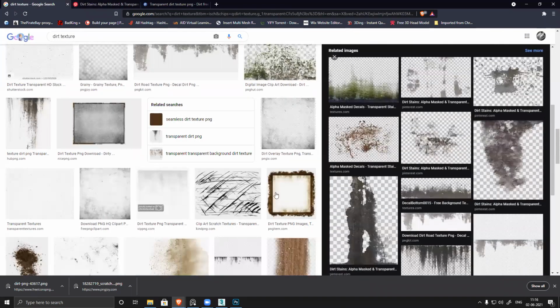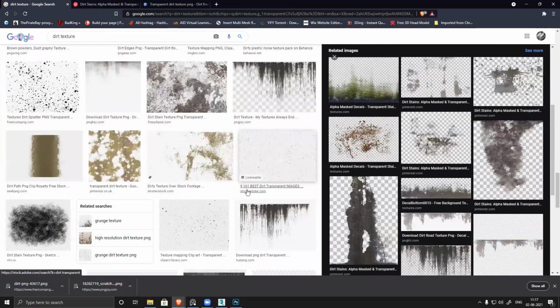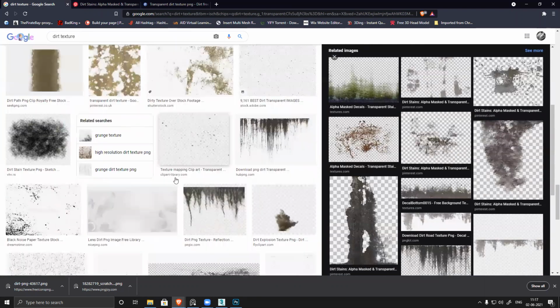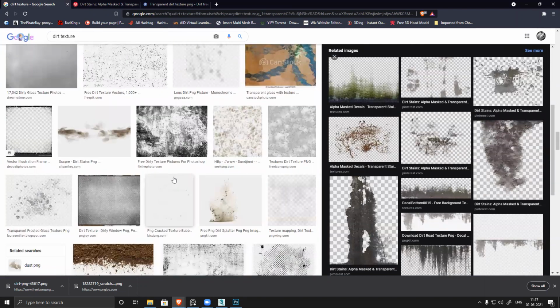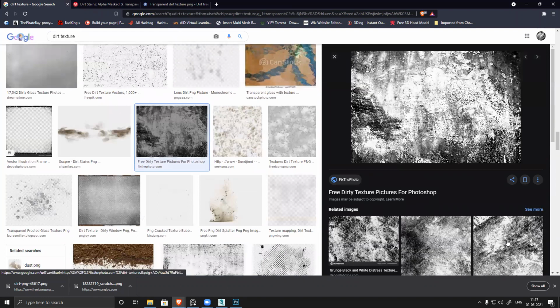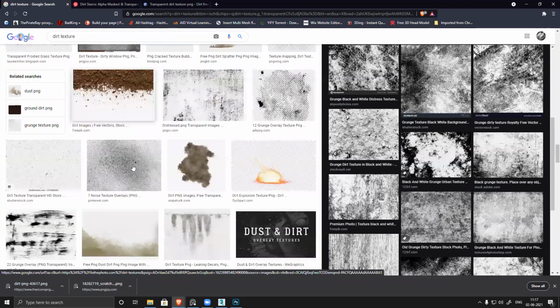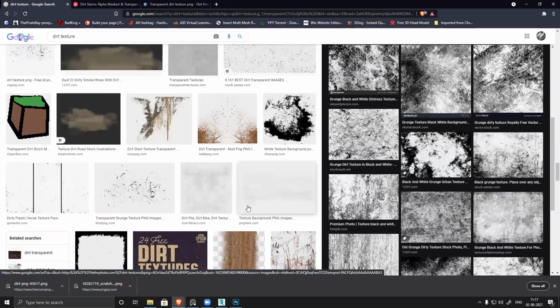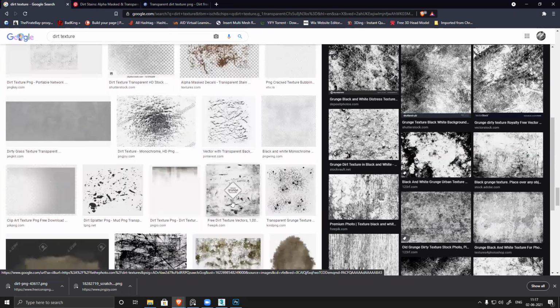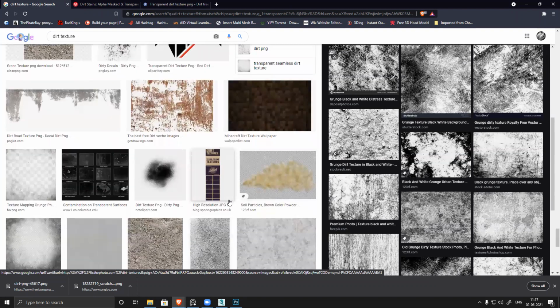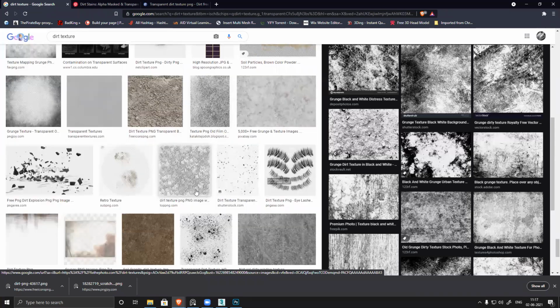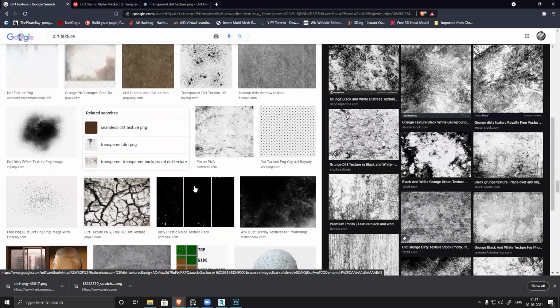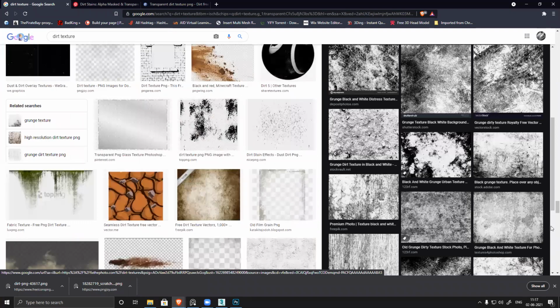So let's see. Looks a little too noisy. So avoid noisy textures or make it a little smooth, or try to search something which is very specific and similar to the kind of texture you're looking for. Search for something similar. This looks fine.